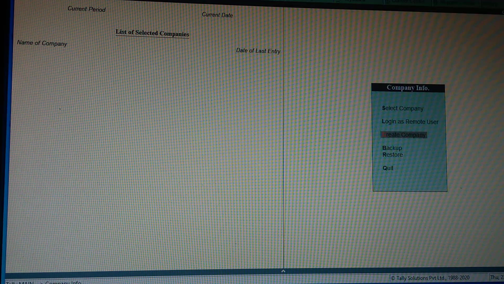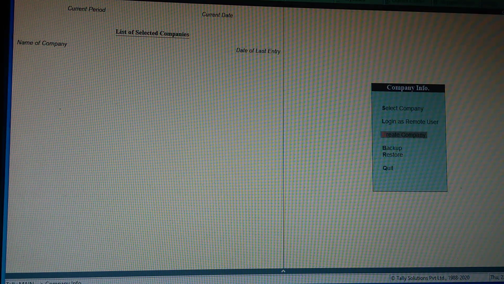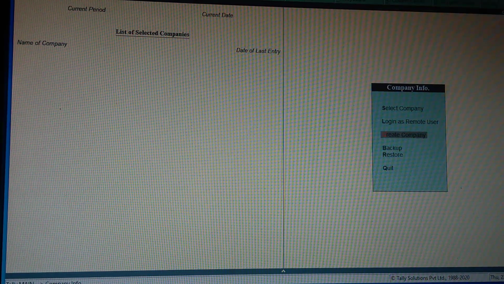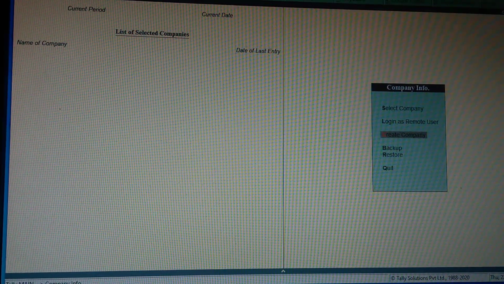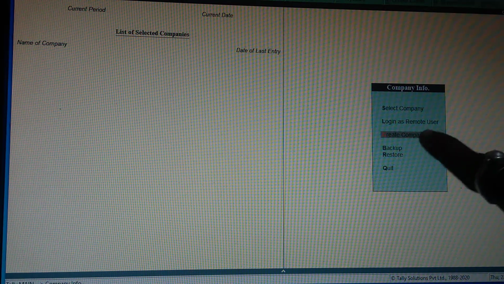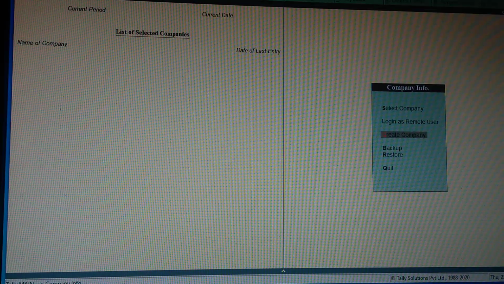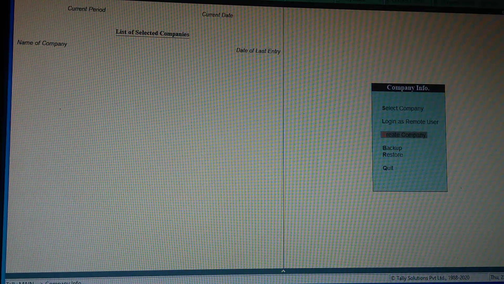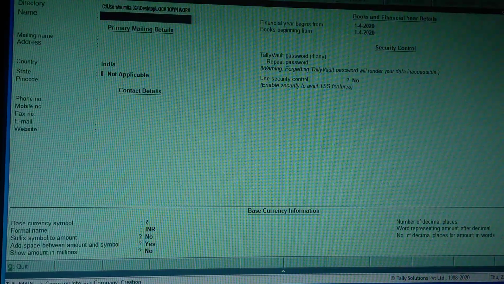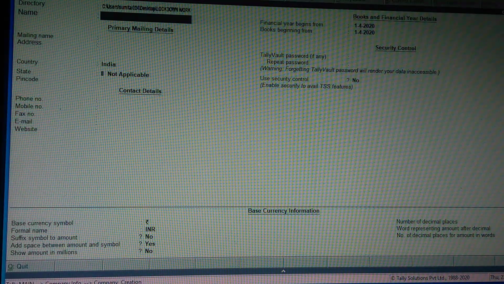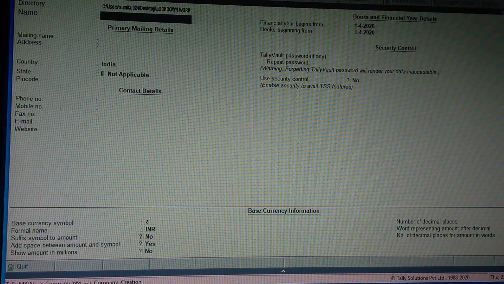You can choose Create Company from the drop down. I have to click on this Create Company. After clicking on Create Company, you can see there is a directory path.